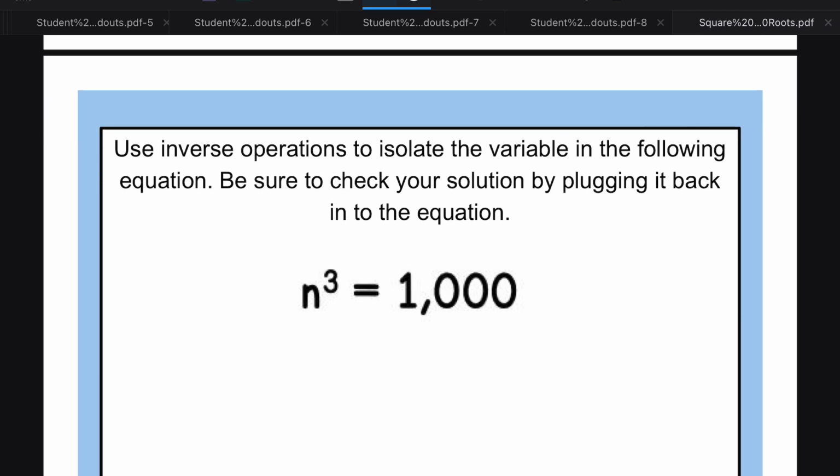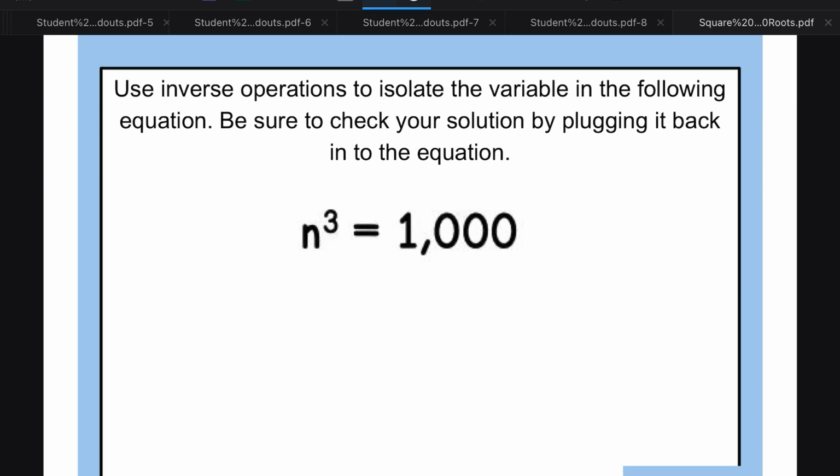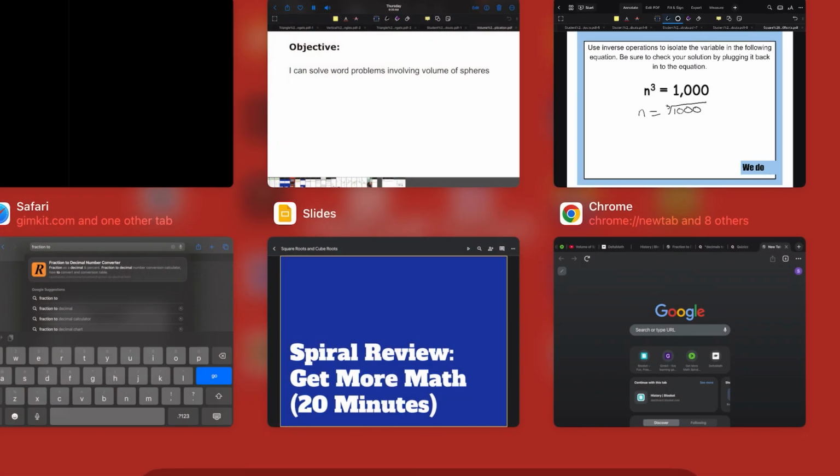Our next step would be to do this in isolation. So instead of doing our square root here, we're going to do the cube root. So it'll be n is equal to the cubed root of 1,000. And how we could do this on our calculator, if you forget,